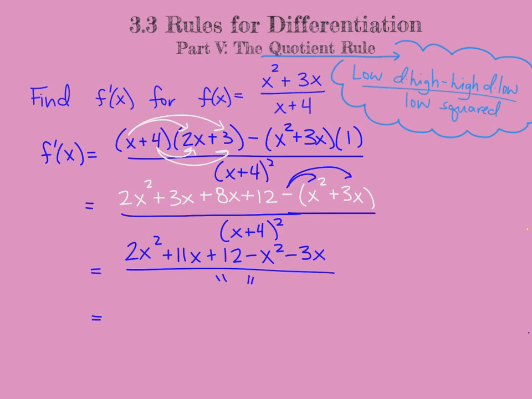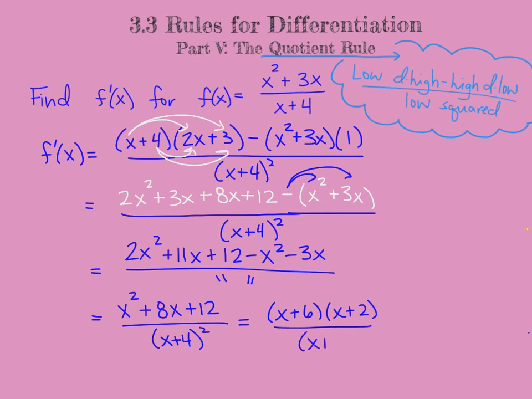Then we can combine some like terms. The quadratic terms simplify down to just a 1x squared. Our linear terms become 8x, and our constant is a 12, all over our denominator. Now in the numerator, we have a quadratic trinomial, which can that be simplified? Meaning, can it be factored? Are there two numbers that multiply to 12 that add up to 8? You betcha. So that can be simplified into x plus 6, x plus 2, all over x plus 4 quantity